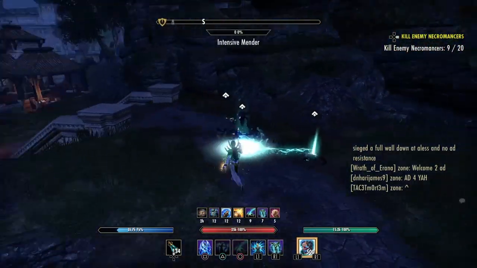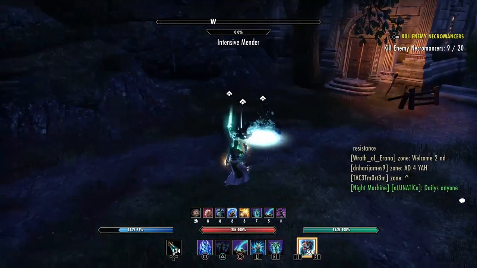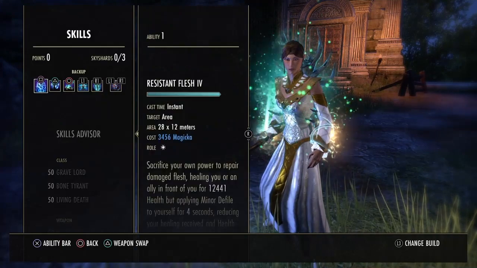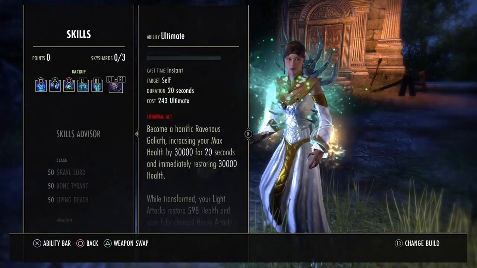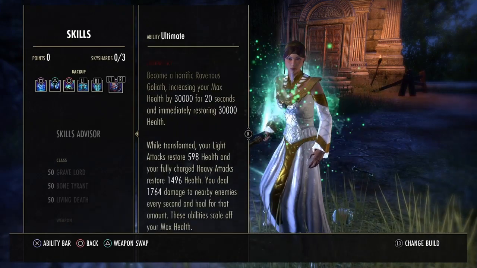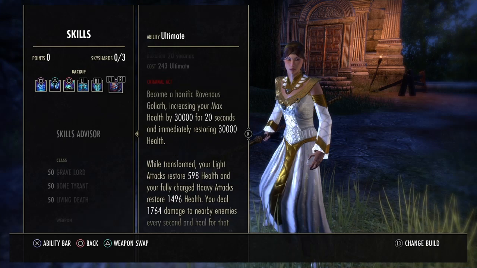I think Necro has the strongest heals in the game right now for PvP. I don't know about the PvE end, but hey, I'm a PvP player, this is what we're doing. We're using the Goliath ultimate here. We don't have a resto. I would prefer the resto ultimate, but really all we're doing with that would be...